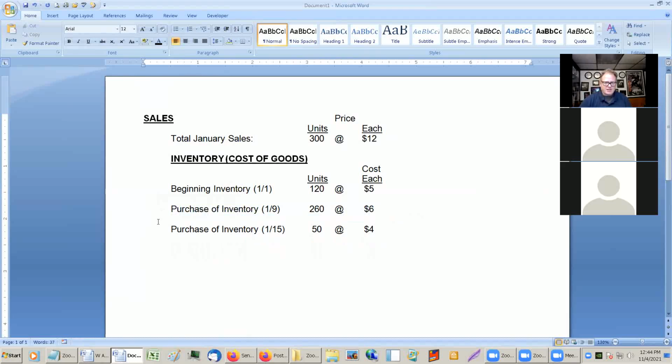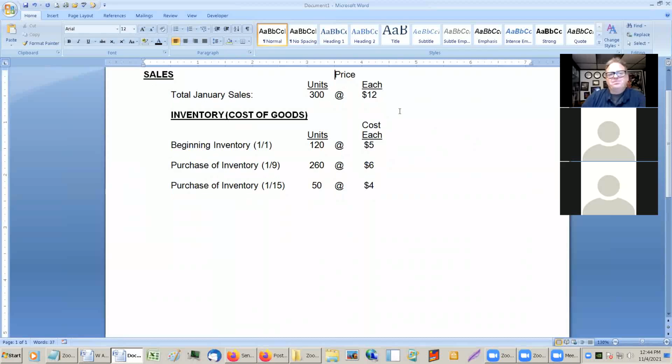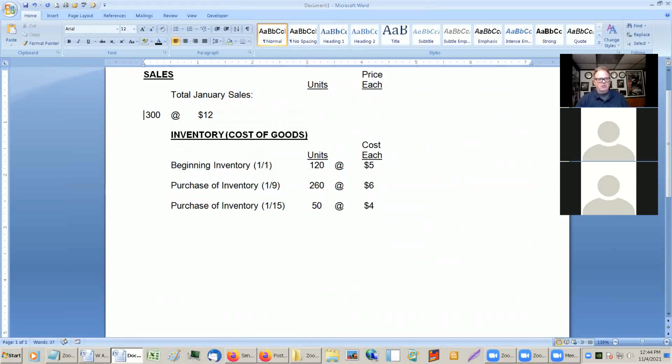You'd have to know the dates of the inventory and when you made the sale. We started like this. Let's say January sales look like this. We made a sale on,